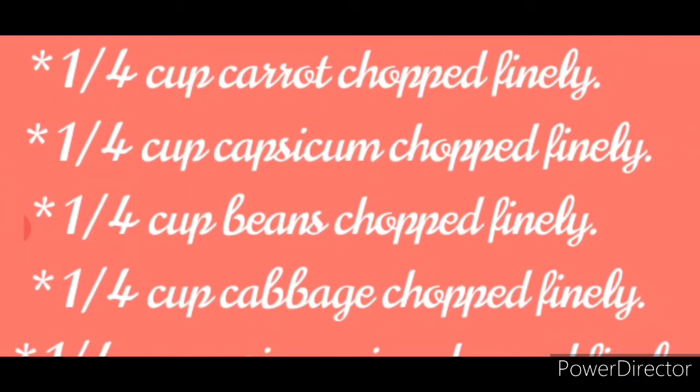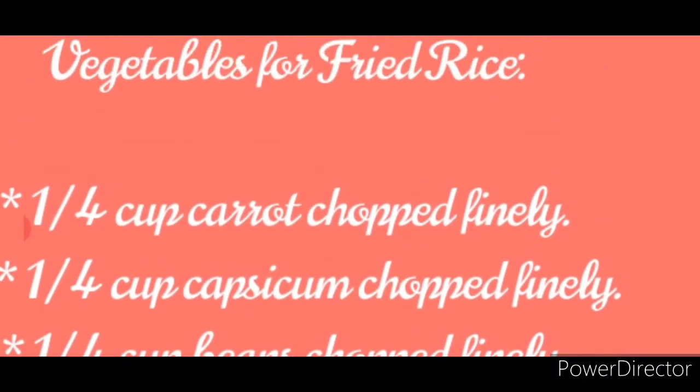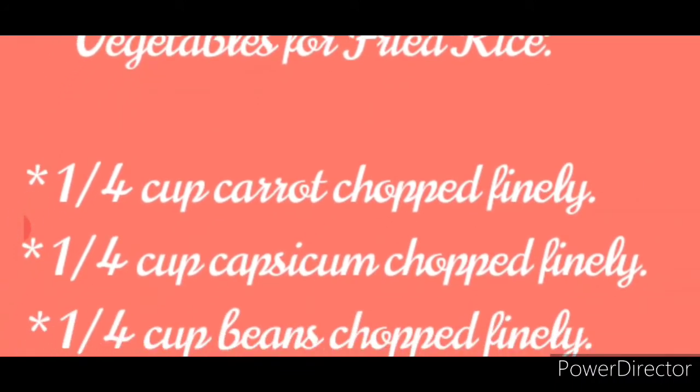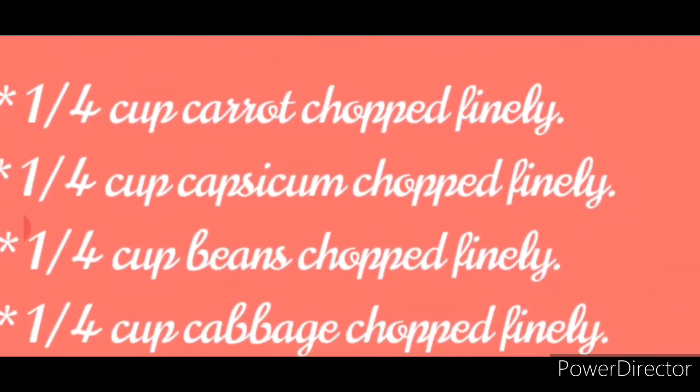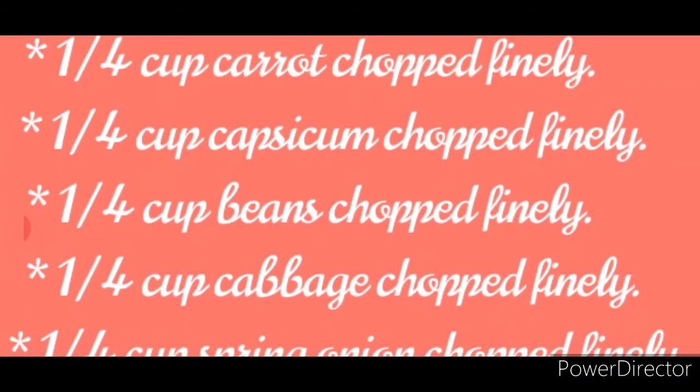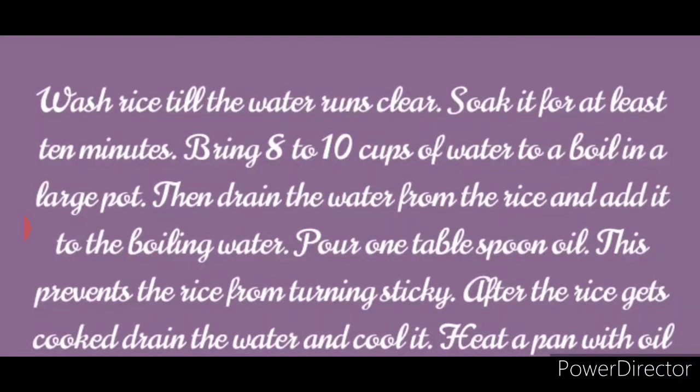vegetable fried rice. Now, apart from ingredients, children, we need various vegetables, being a vegetable fried rice. So, how will you cut? Everything is given here, children. Now, after mentioning all the ingredients needed, after this only you will go on to the method of cooking. The method of cooking only is known as process. Now, coming to the method of preparation.